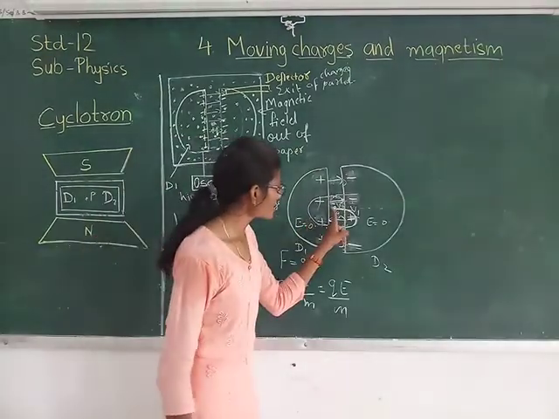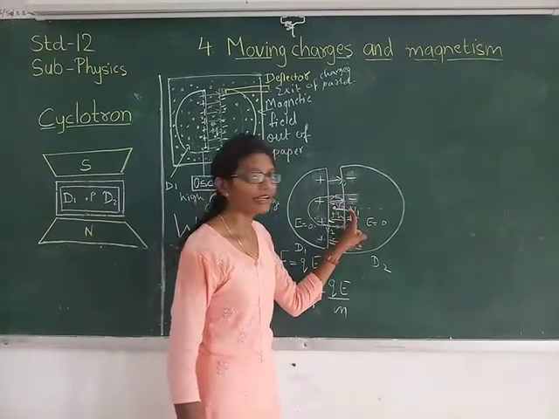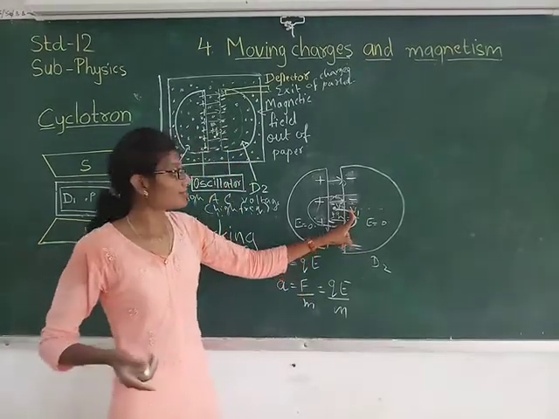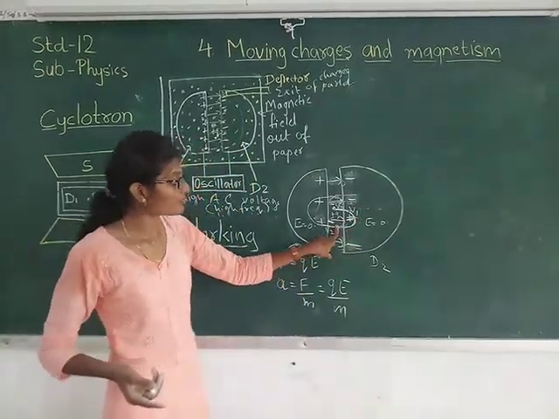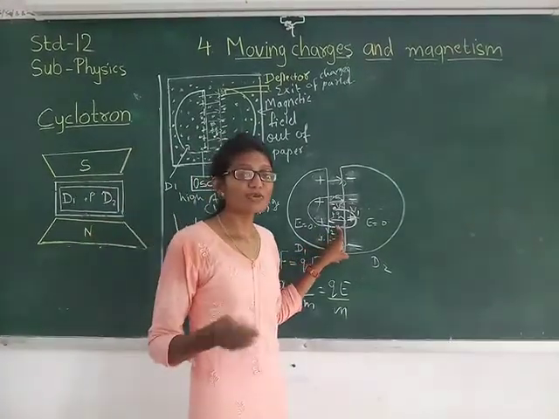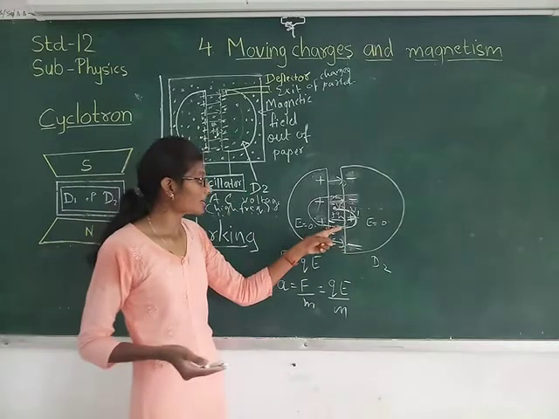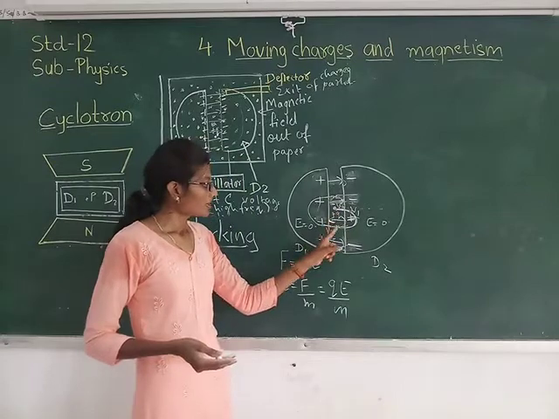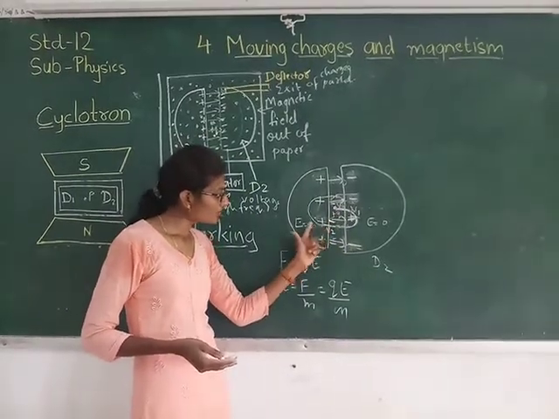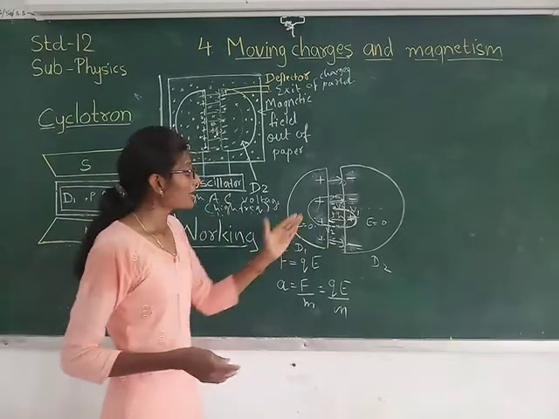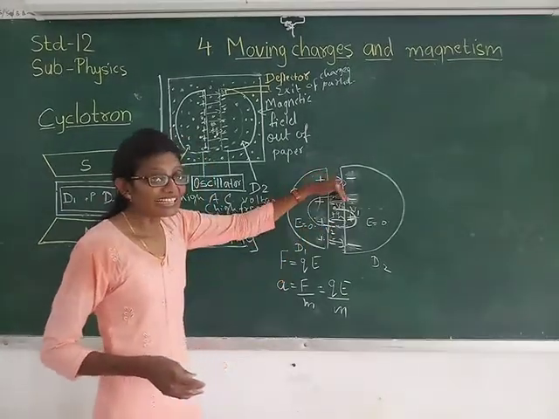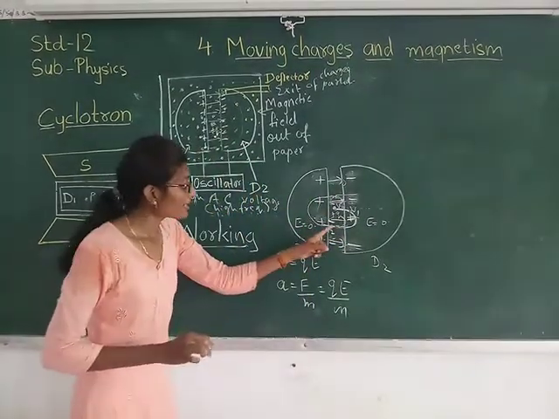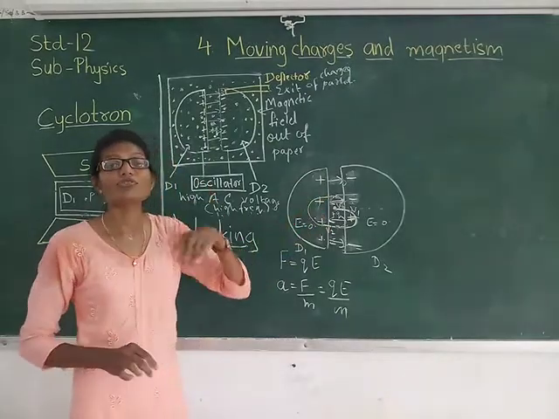Now see, when the charged particle comes over here, the electric field is 0, and at that time the magnetic field works. Because of the magnetic field, it exhibits the circular path. And when it comes over here, again the electric field takes charge, and because of the electric field it gets accelerated. Now instead of going to the same path, it moves with greater velocity, and so it will have the greater radius. Because of the magnetic field it exhibits the circular path, but the semicircle will be of higher radius.